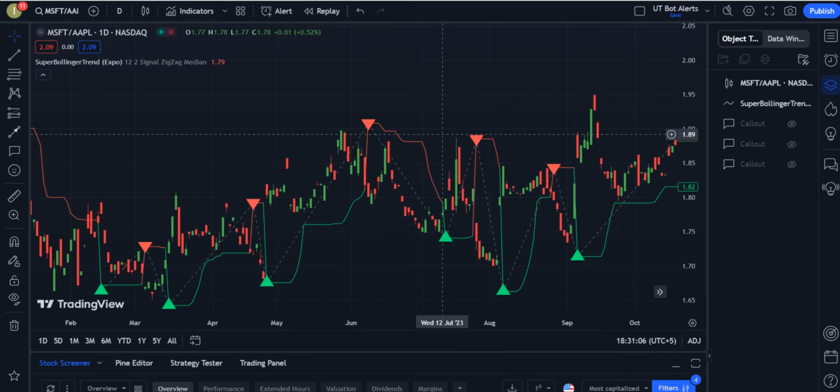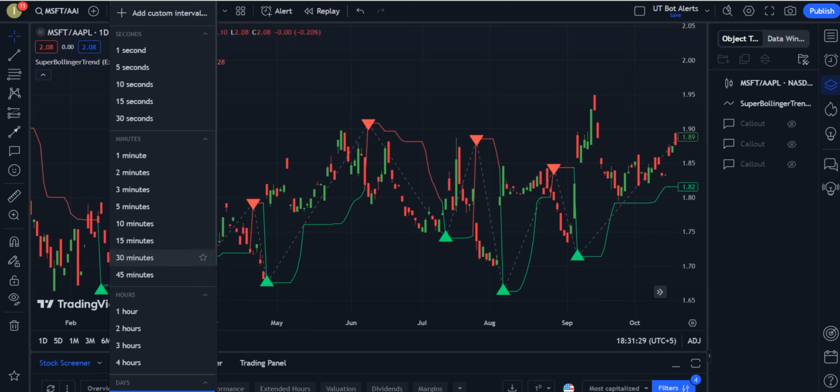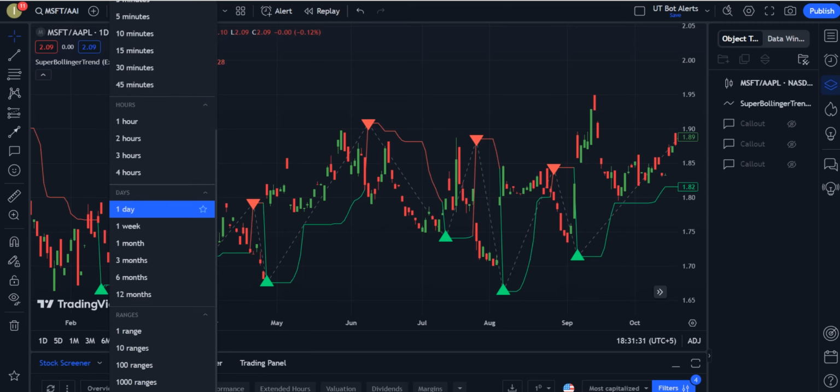I'll be showing how over a period of about a month and a half, by trading based on the price ratio of Microsoft to Apple, we're able to get a small amount of additional share of the Apple stock. So before we proceed, I wanted to mention that we'll be utilizing the 1-day custom time interval